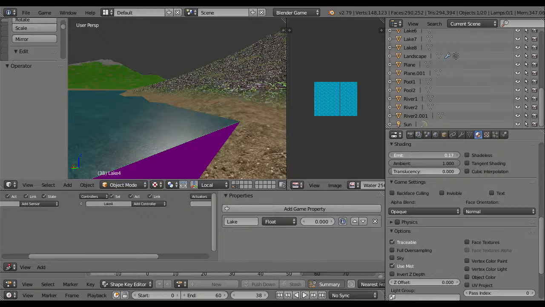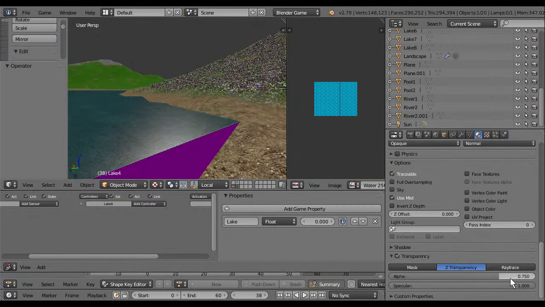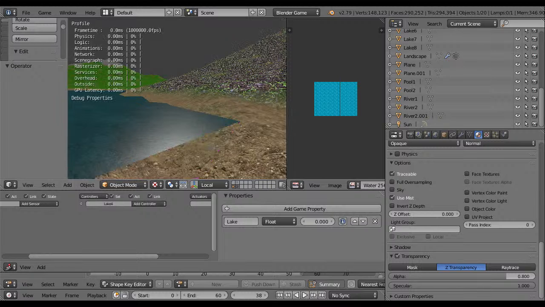Let it dark more. Okay, a little bit higher transparency. 0.8. I cannot see the texture in water.